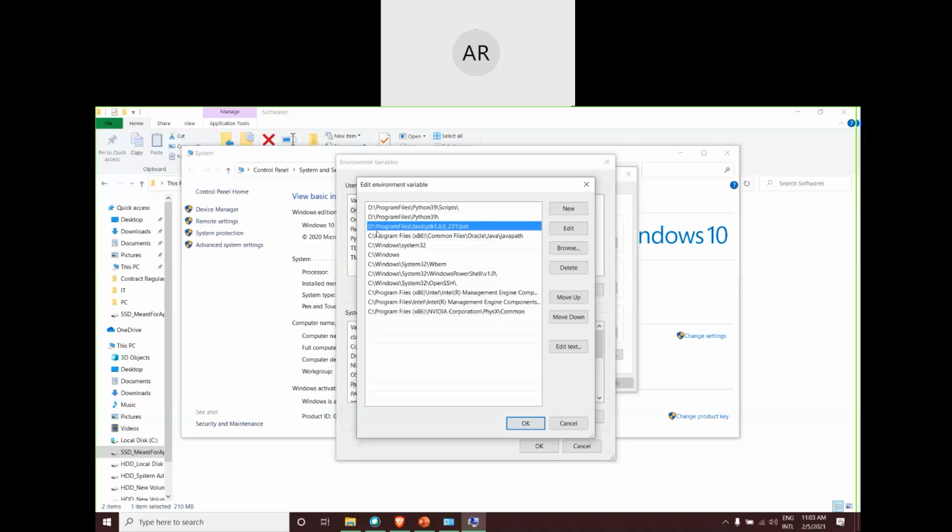But for my sake, for any software development, I don't want to mix software installations with that of my operating system. So I installed it onto a separate drive called D drive, which I have kept separate just for the installation directories purpose. Okay. So I have installed Java in that particular D drive. So I have to check where I have installed my Java and I have to add that particular thing. Similarly, where you have installed your C language, Java software, you have to go for that particular directory.